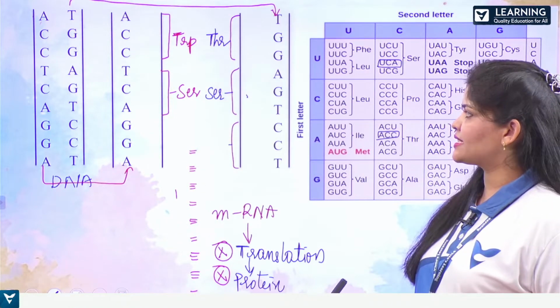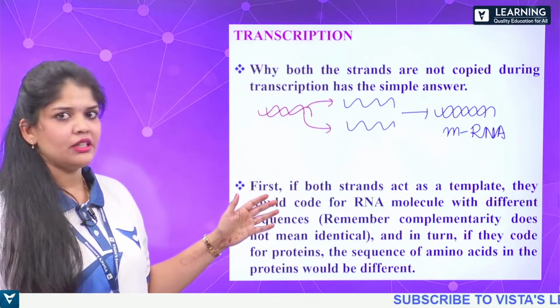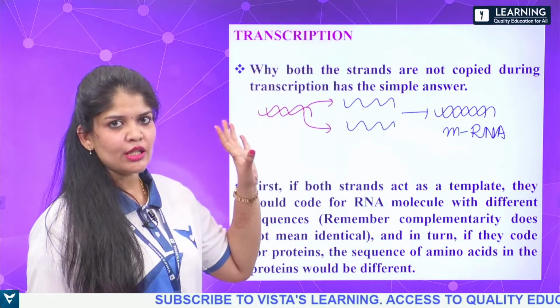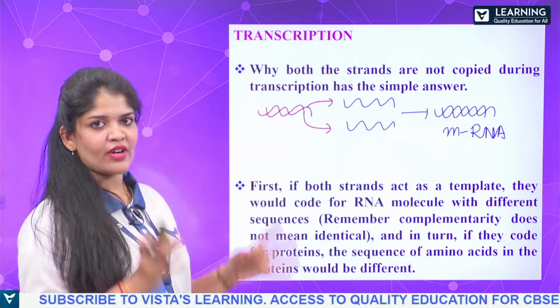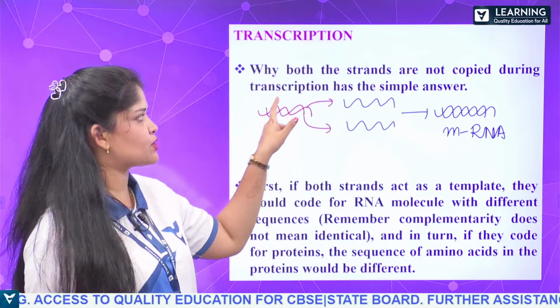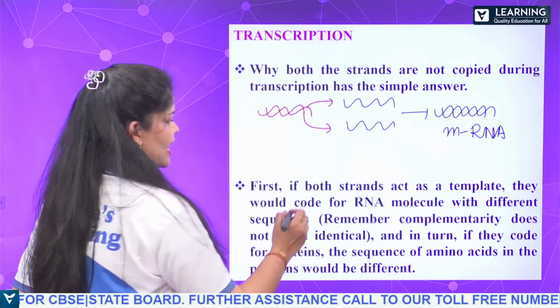So we understand this process. Now, after seeing the example, it is very easy to understand the statement here. The question of why both strands are not transcribed into mRNA, why both strands are not copied during transcription, has a simple answer. Here is the first reason for that. If both strands act as a template,